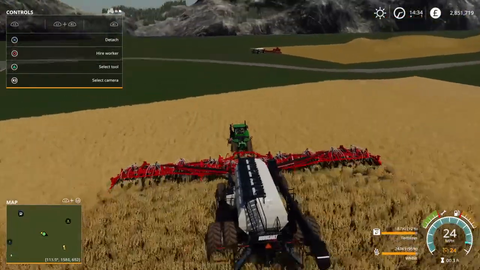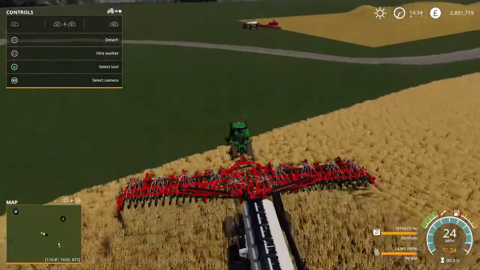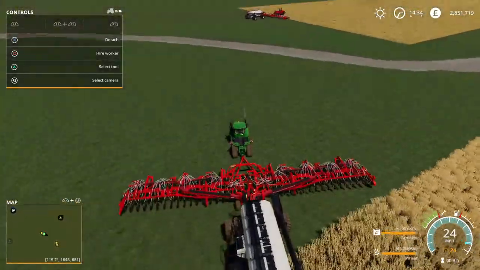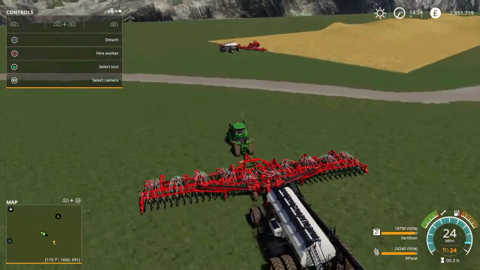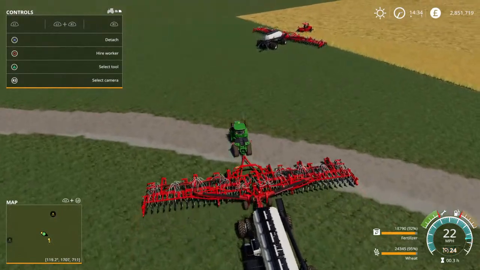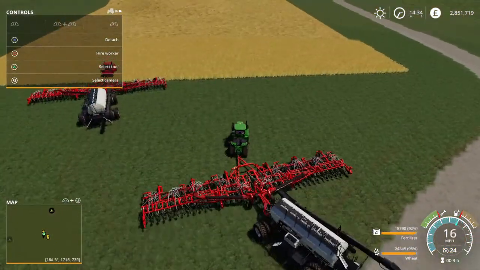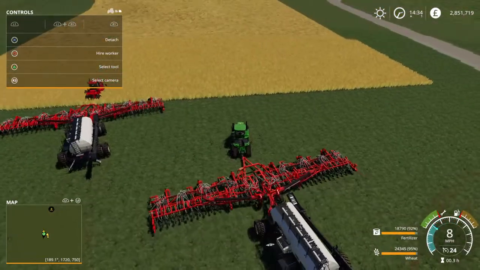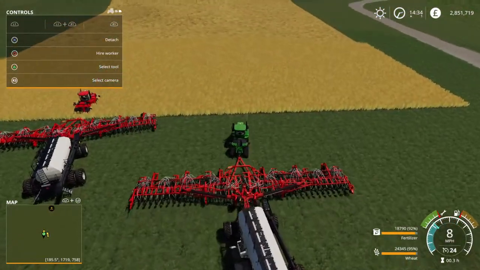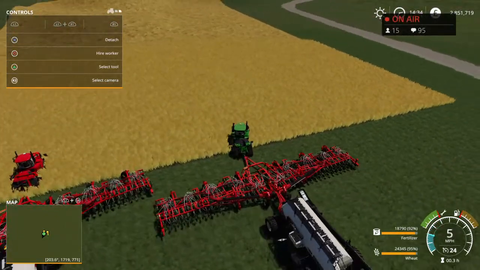So we'll just set them off on this field here, which should be, they should both be able to handle this quite well. Again, it's a bit of an unrealistic test, but at least you'll get a measure as to sort of how far you can push it with these machines. Both of these air carts are full of seed, so